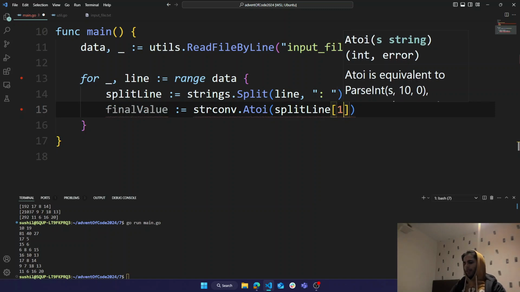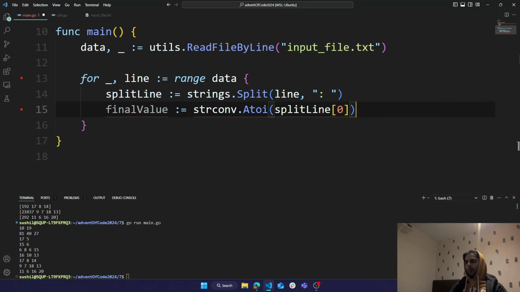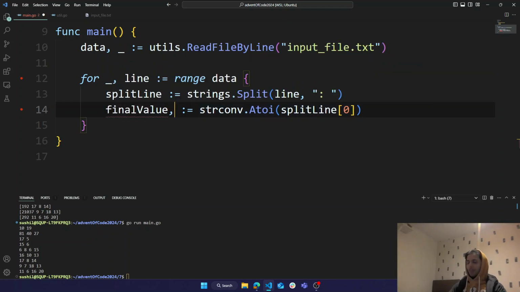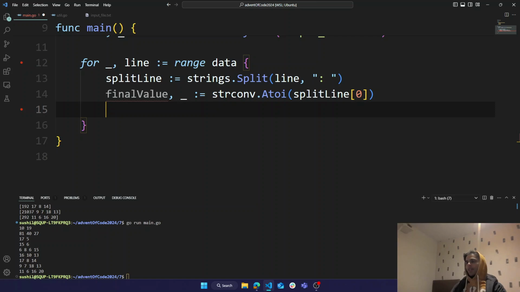No, split line 0. So okay, because it returns an error. Okay, and then the other one will be